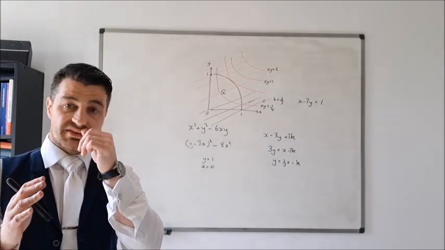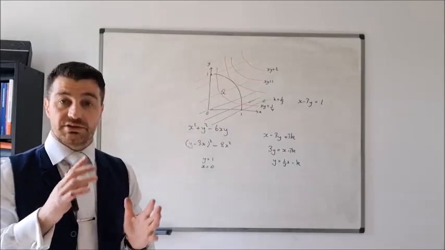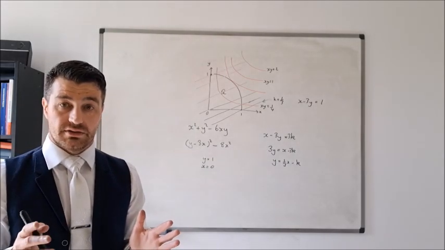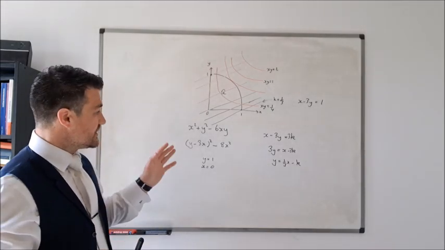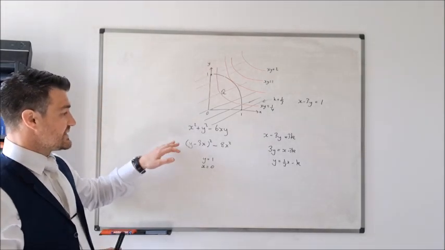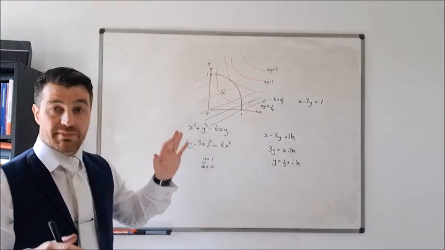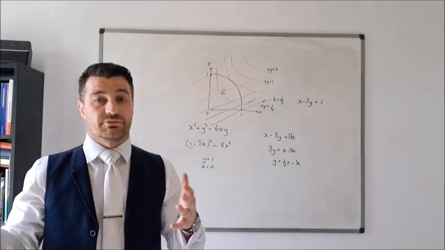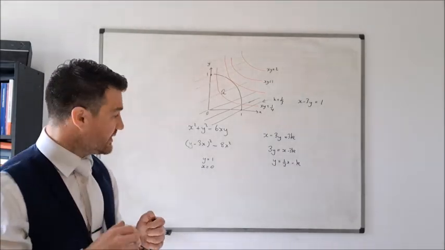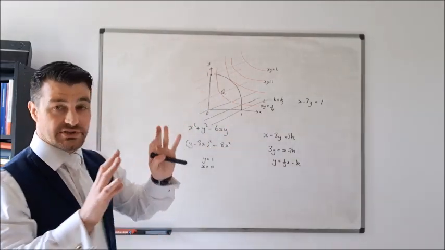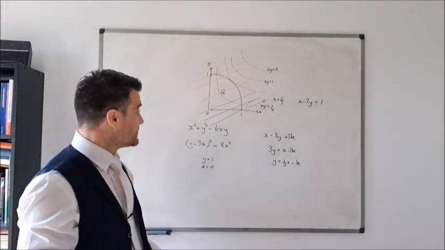So don't think that the maximum value can only occur at a single unique point. There might be multiple points, okay? In which case you take your pick. It doesn't really make any difference. One person might take this approach, another person might take the approach that I took before and get 2 different points but get the same maximum value. Neither of them have done anything wrong. They've both done exactly what they needed to do. So the points that we're interested in are not necessarily unique points. Okay, so that deals with that.